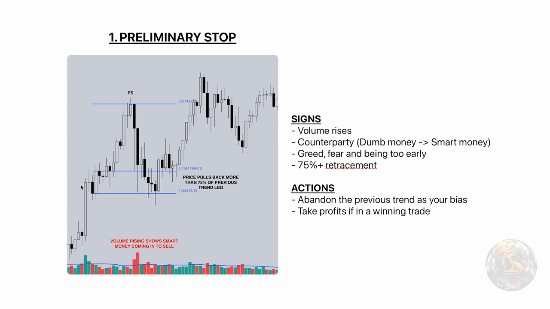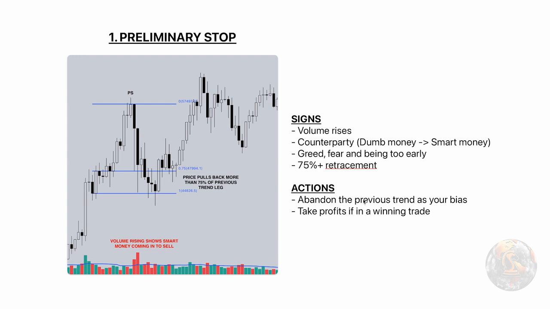If you pull back further than that, this is likely to be the start of a range, meaning that the next high will be a high volume climax or just a general low volume exhaustion climax, but it will lead into a range which eventually leads to, most likely, a trend reversal. So what is the use for us in identifying preliminary stop? Well, it's the first action that stops the previous trend.